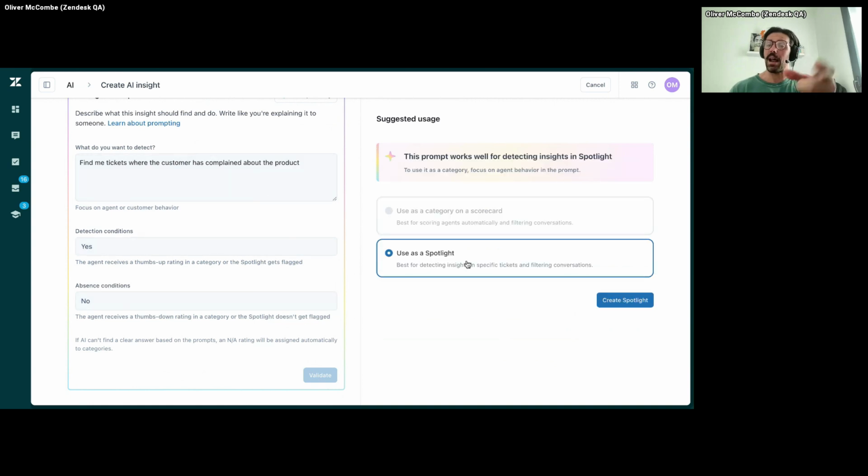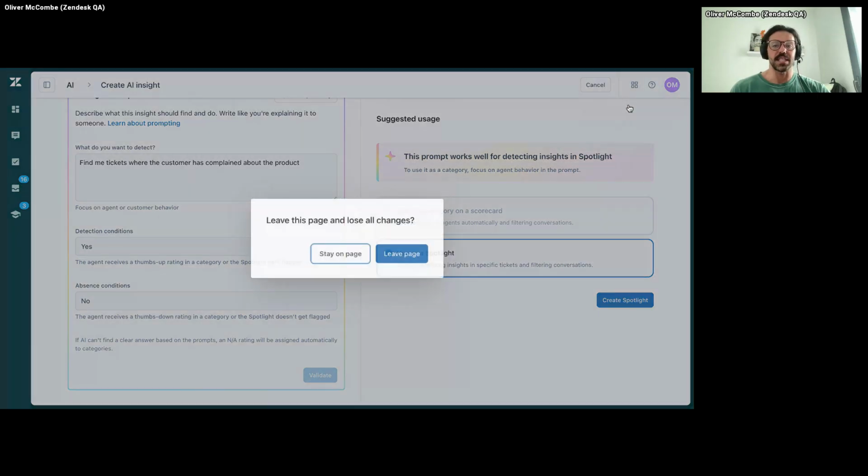But what's great is this will flag on tickets where we do detect a complaint about the product and not the agent behavior. As well as that, we can use it as we know from other webinars and use the platform for our assignments and our filtering. So we can also pull out these product feedback tickets to then work further with. When we're happy and we've built and created everything we're looking forwards to, now we want to put this onto a scorecard that we'll use. So hopefully this is revisiting familiar territory,